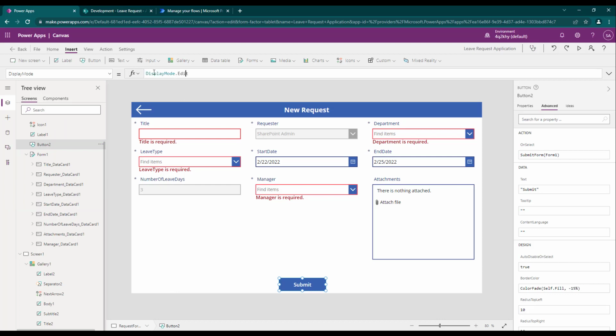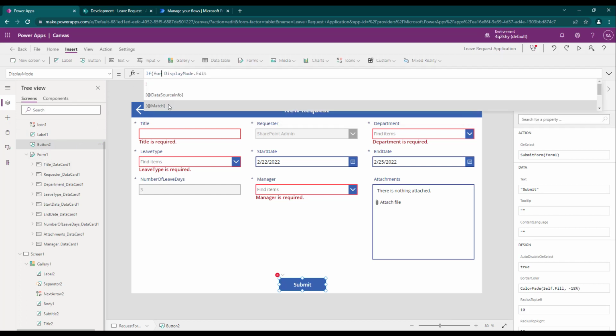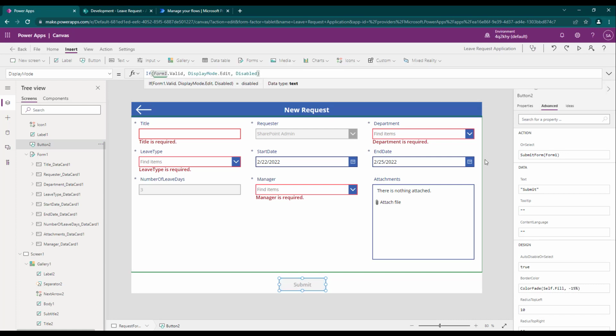So display mode is currently edit. So I can put a condition to check if the form is valid. If form is valid means I filled all of the required fields. So what's the name of my form, which is form 1? If form 1 dot valid, then it should be editable, which means this button should be clickable. Else, I want to make it disabled, which means it should be grayed out until I've filled all the required